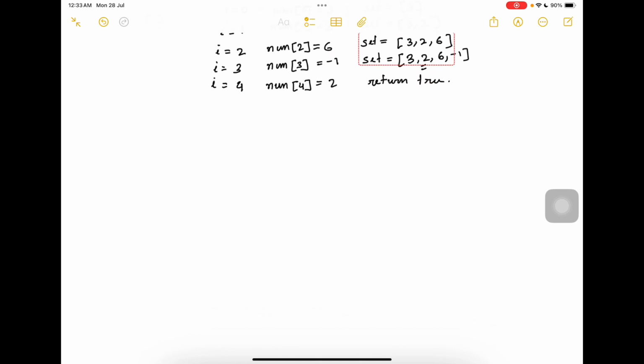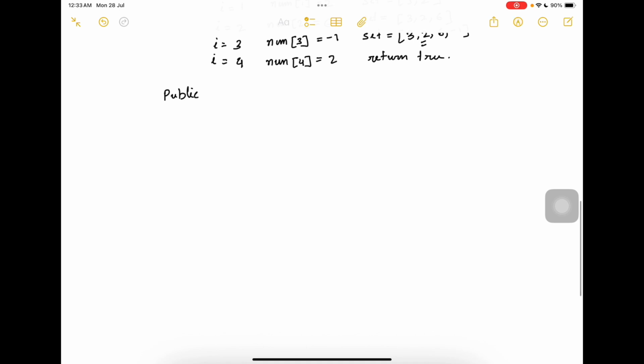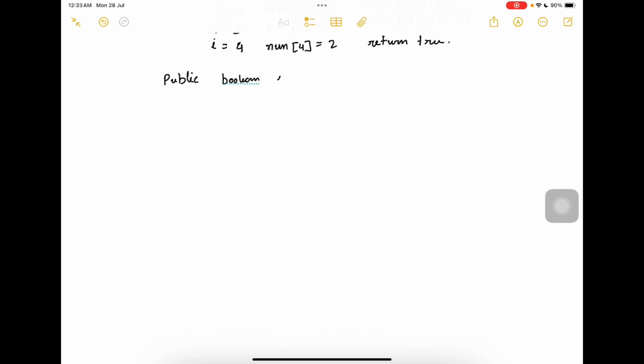So let's take the same signature of that method and remember it. I'll put all the code in a Git repository and I'll share the link in the description. Okay, write the method. It will be a public method. Return type will be boolean, and let's say the method is duplicate present, and in this method we will be passing an integer array, nums. So here what we are doing, we'll have one set. It is a set of integer,